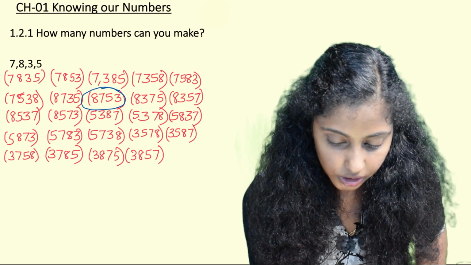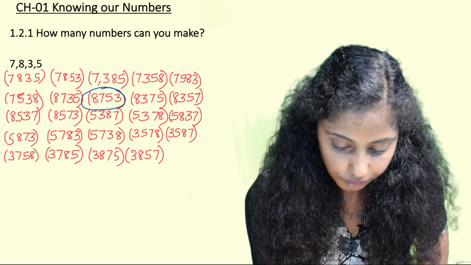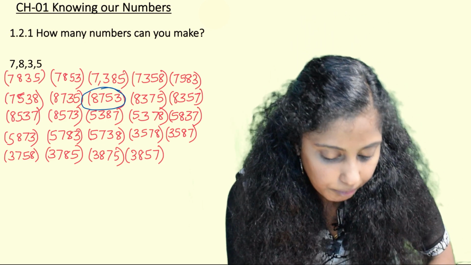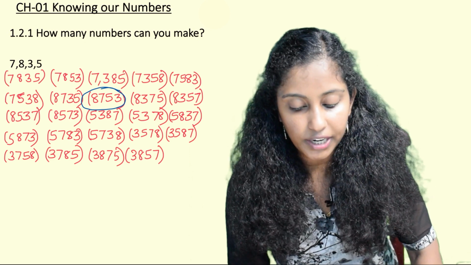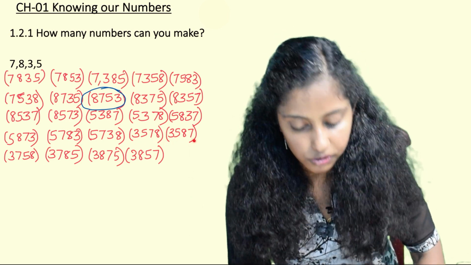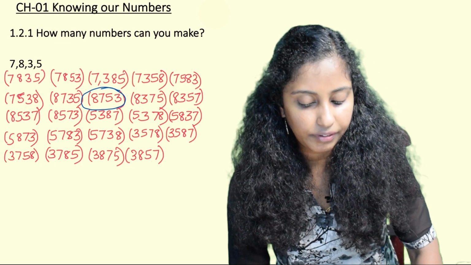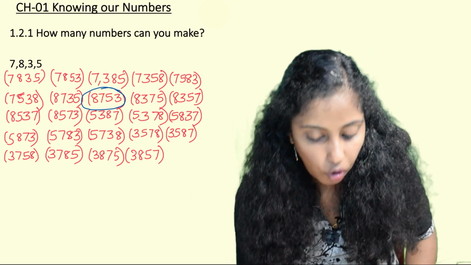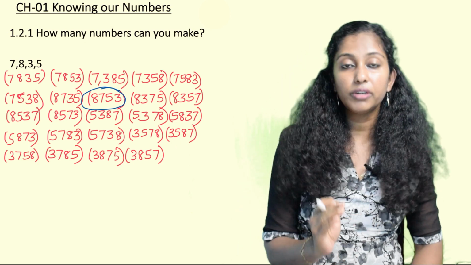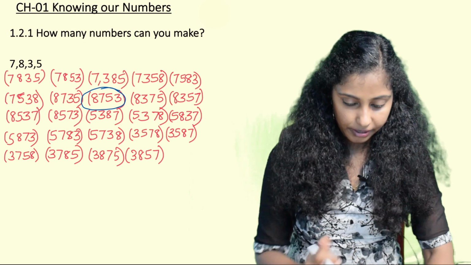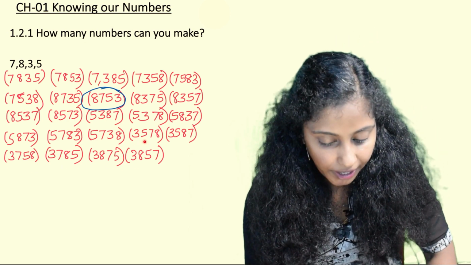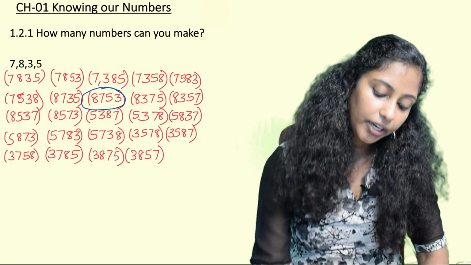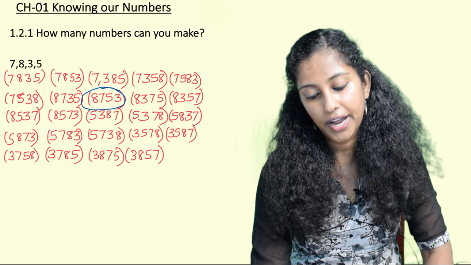Now we have to find out the smallest number. So here the smallest digit is 3. Let us see the numbers formed by using 3 in the first place. That is 3578, 3587, 3758, 3785, 3875, 3857 and so on. Out of all these numbers, 3500 is the smallest one if we compare. Now in 3500 we have 3578, 3587.